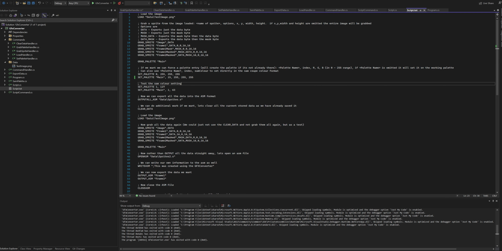Now, if we remember on our script here, grab sprite, we can pass various options. We always need to pass in at least 2, which is the name and the type. If we don't pass in 2, then we need to pass in 6. So